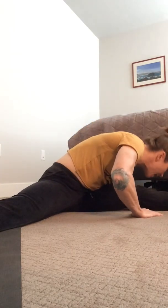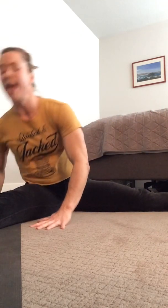sitting into our straddle position. Yep, pointing those toes. We're going to reach forward. If we struggle to get into this position, hands behind your back and push your chest forward. So you should get a nice big stretch here in the inner thigh. And we'll take it over to one side and over to the other side. And then when we're ready, we're going to throw in